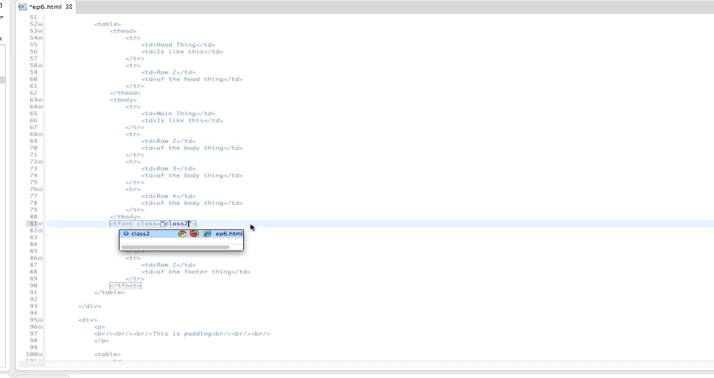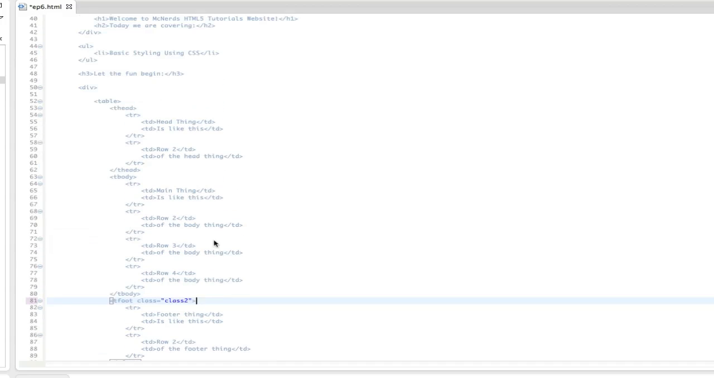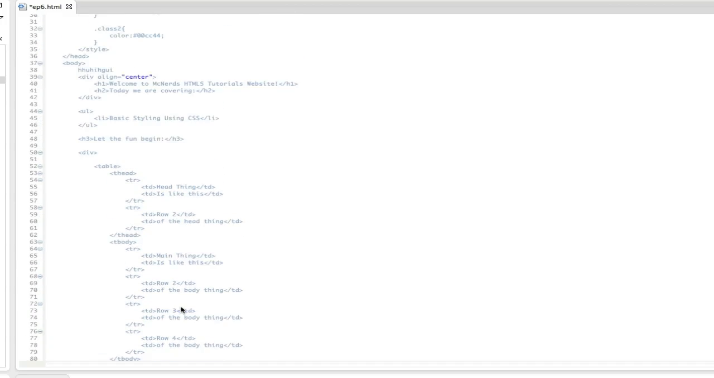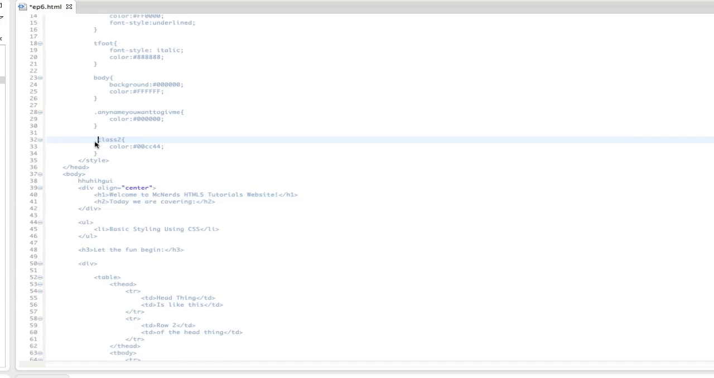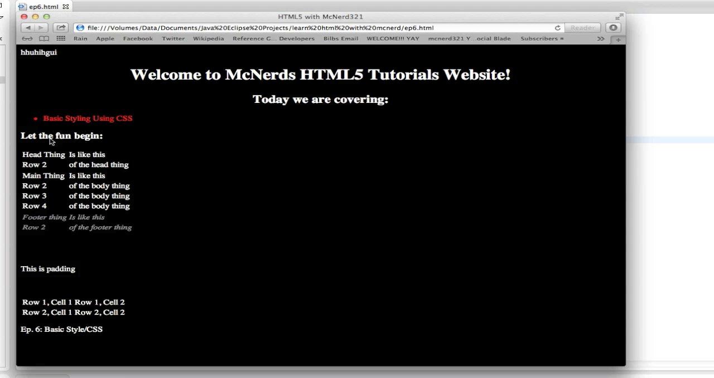So you saw up there I had one called class 2. You don't need to put the dot down here, you just put the name, whereas up here when you define it you put a dot, then the name you want to give it, and then within there the attributes. So now if I press save, because that is the only table foot element that we had, you will see that the table foot has gone from being like that to having a completely different colour,